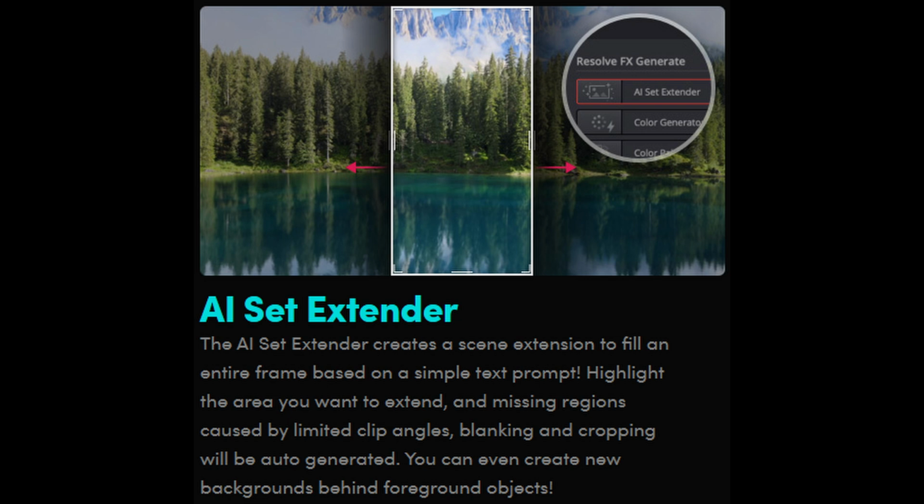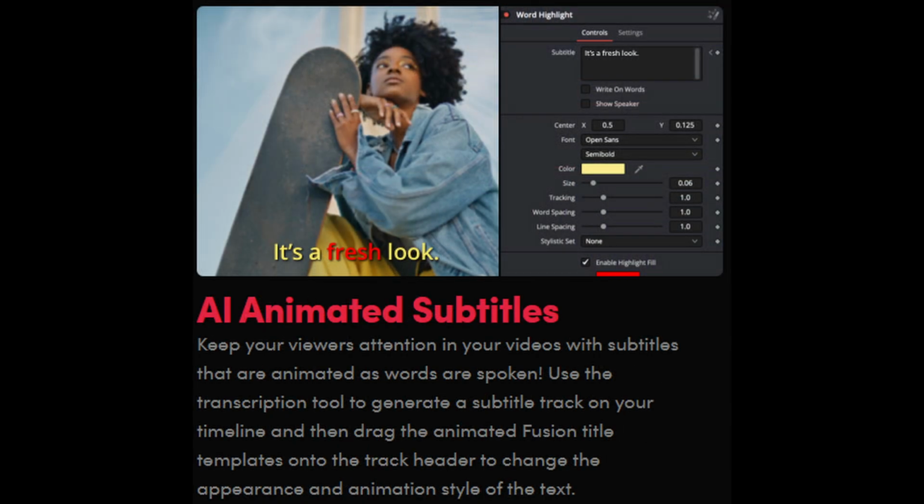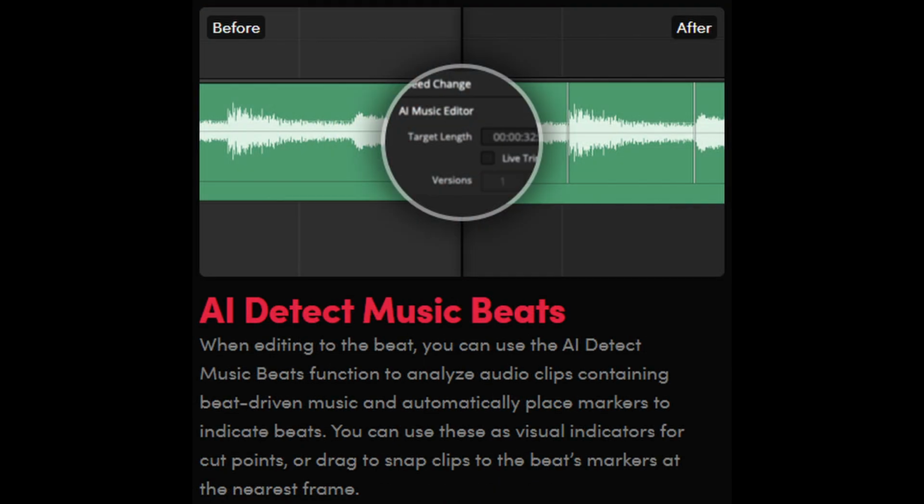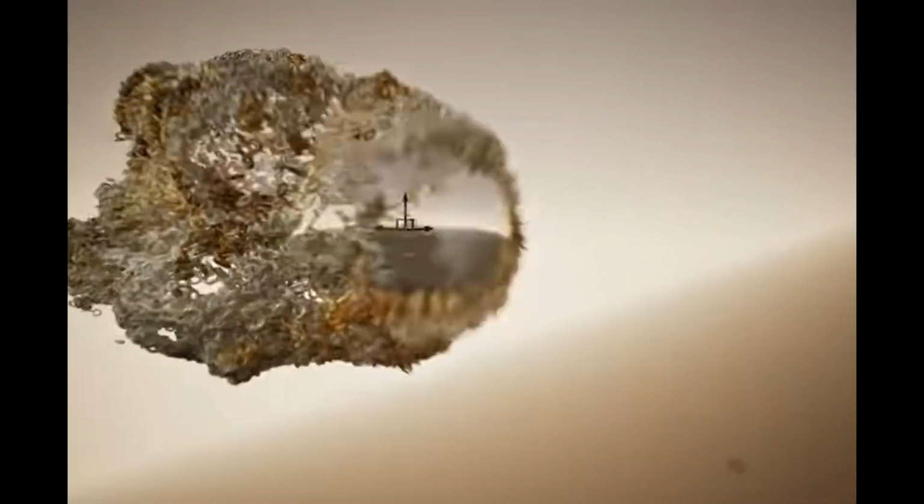AI is being used all over the place, of course. These are some of the new tools that are coming out, even just in the next month or so. We can extend sets. We can extend subtitles now for video series. So AI is used in all kinds of different places. We can use it to detect beats, and then those beats can be used in my interactive shows where I can actually interact with the graphics to the beat so that I can actually create